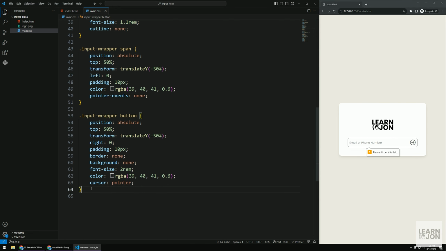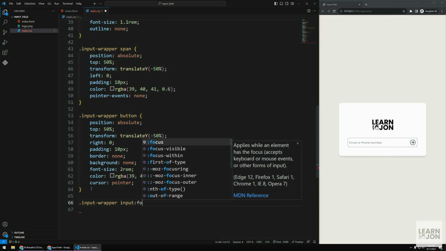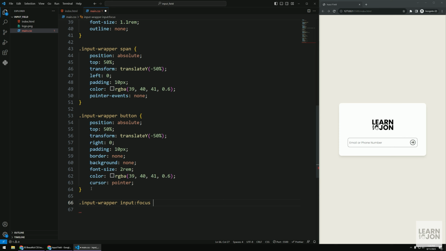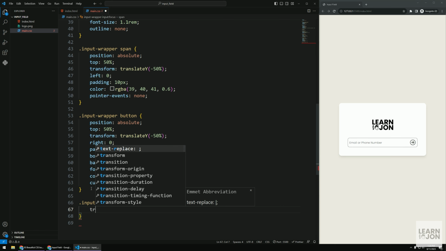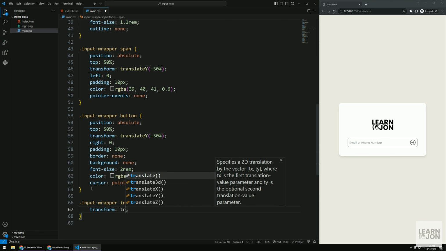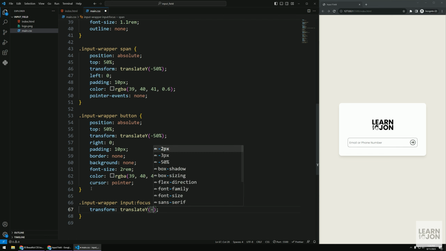Now, I want to say that when I click on input, and so basically the focus is on my input, go grab, with this tilde sign, go grab the span, yeah, and translate it,